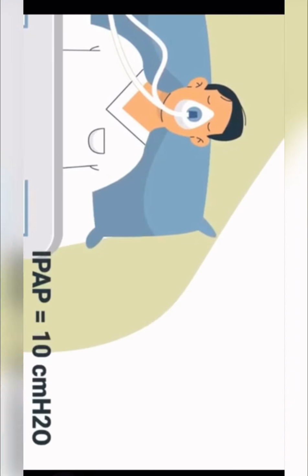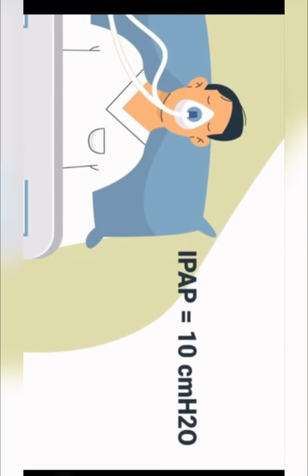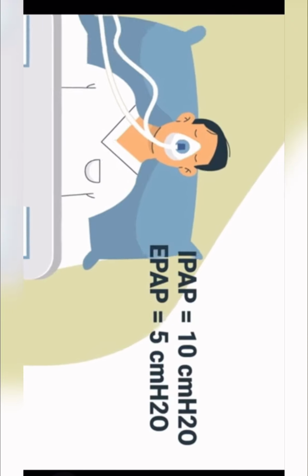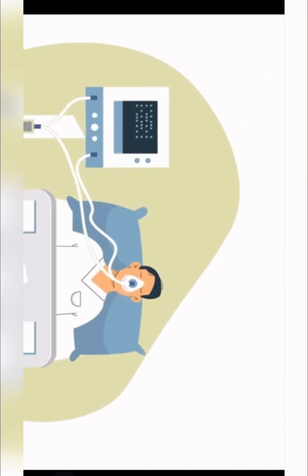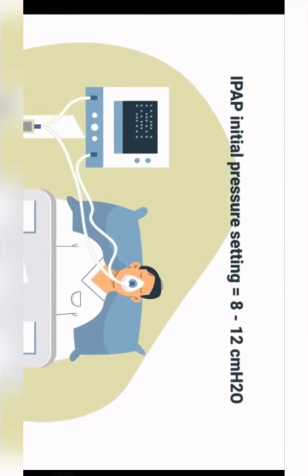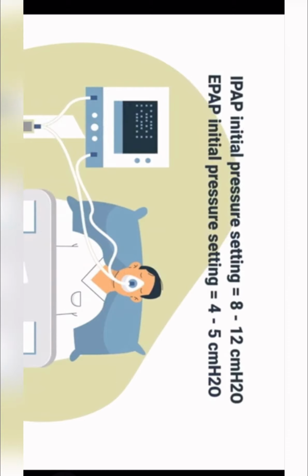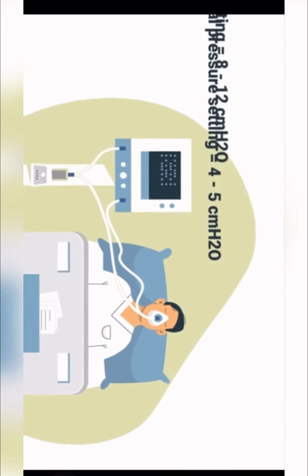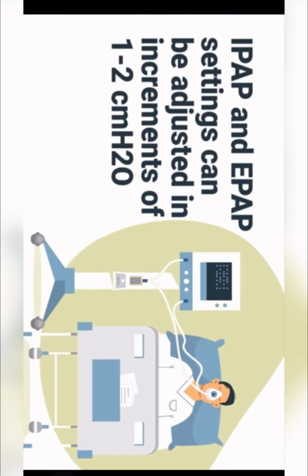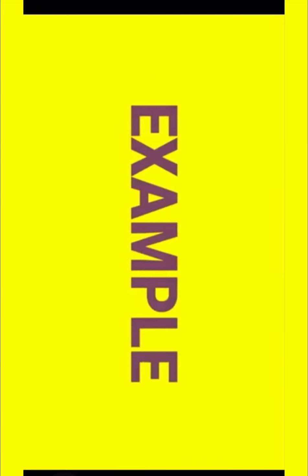What I mean by this is the initial IPAP setting would be 10 and the initial EPAP setting would be 5. But the initial pressure setting for IPAP can range from 8 to 12. The initial setting for EPAP ranges from 4 to 5. Both the IPAP and EPAP settings can be adjusted in increments of 1 or 2 depending on the